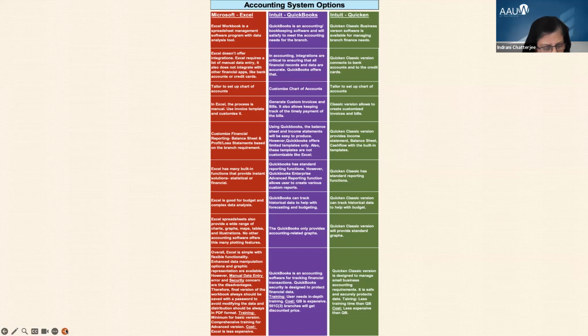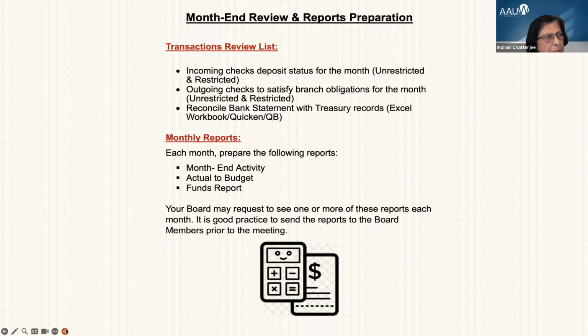Kathy, next slide. Now we will go to the month-end review and report preparation. Finance officers every month, before preparing the report, will check how many checks they've received and how many checks they issued to comply with the obligations.